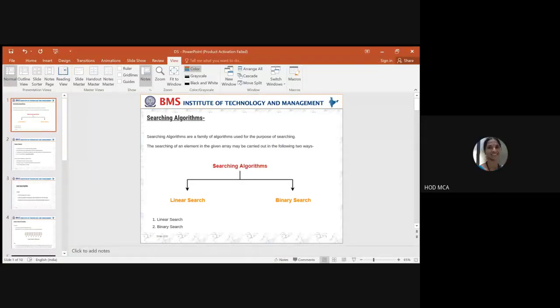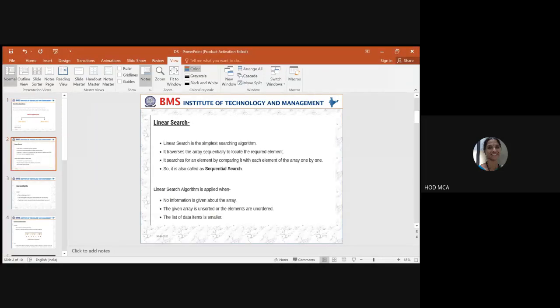Yes, ma'am. So in the first few classes, starting from March 5th, we started off with searching and sorting techniques, correct? So I'll give a quick recap on how the different searching and sorting can be done. For searching algorithms, we have two types: linear search and binary search. I think we have learned and finished these programs in the lab as well.